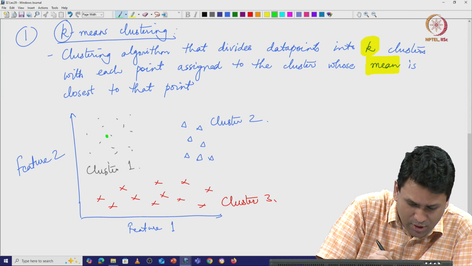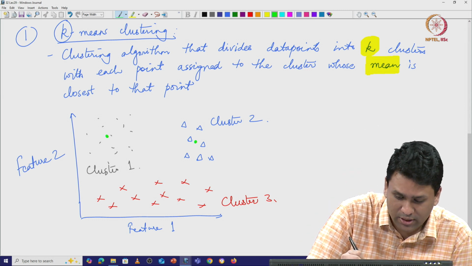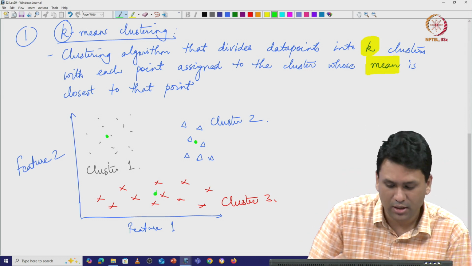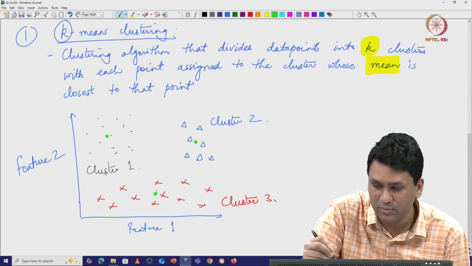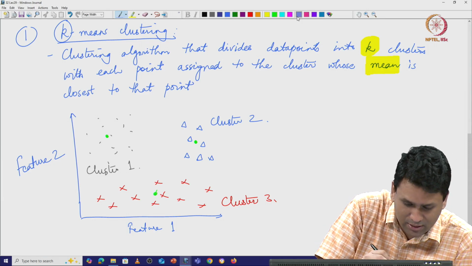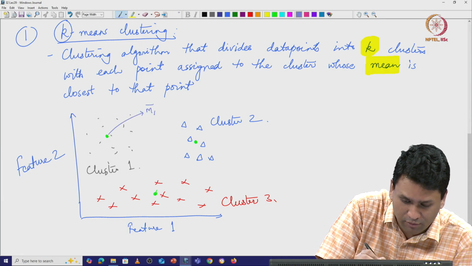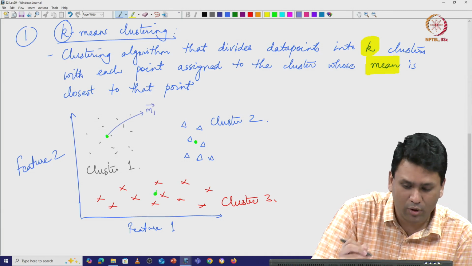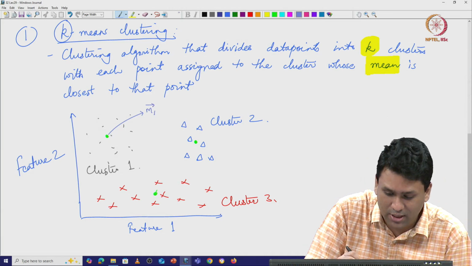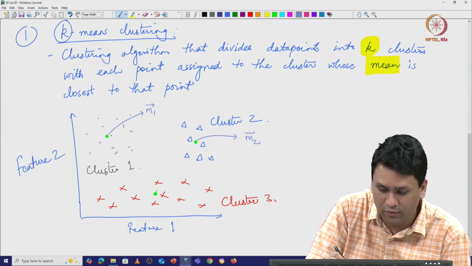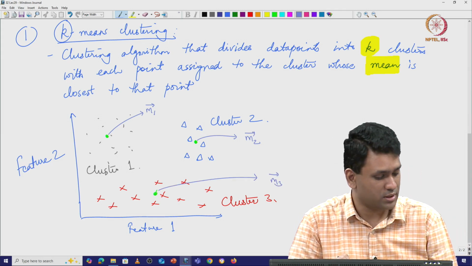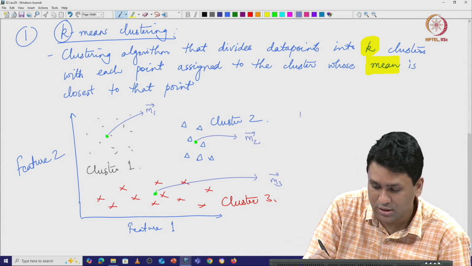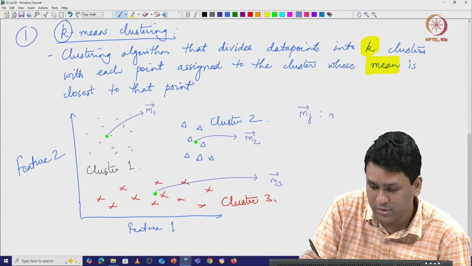So this, for example, could be the mean of this cluster, this could be the mean of this cluster, and somewhere here is, for example, the mean of this cluster. So to successfully carry out the k means clustering algorithm, you need to know the mean of every cluster. So let us say m1 vector is the mean of the first cluster, m2 vector is the mean of the second cluster, and m3 vector is the mean of the third cluster, right. So in this notation, mj vector is the mean of the jth cluster,